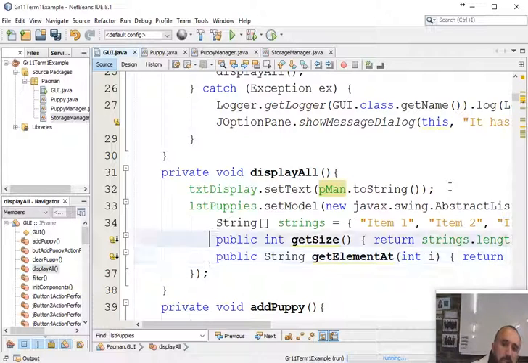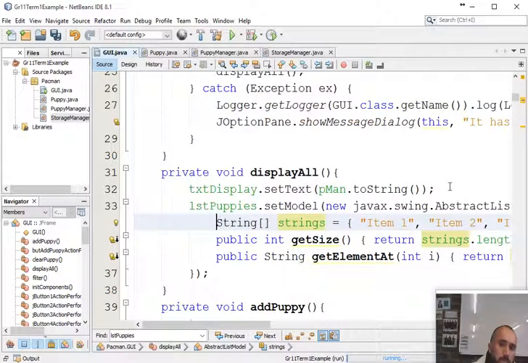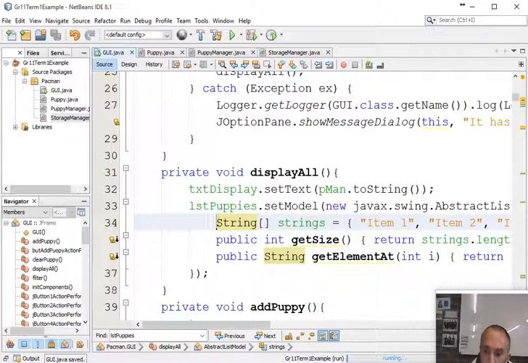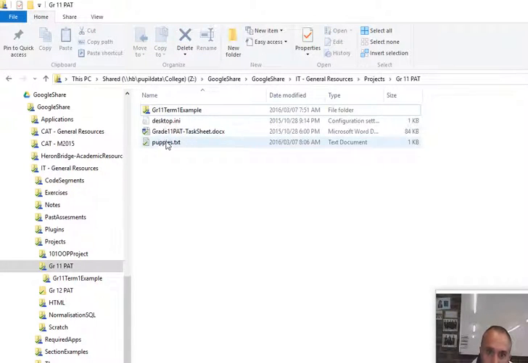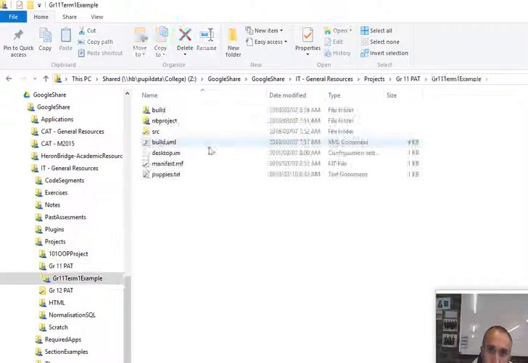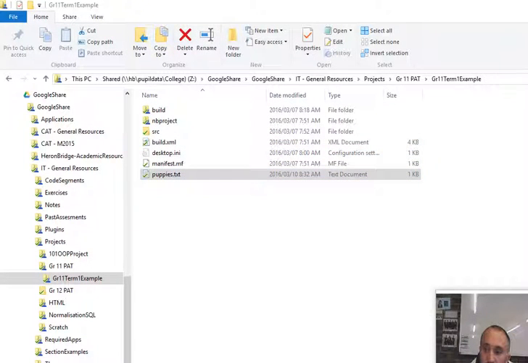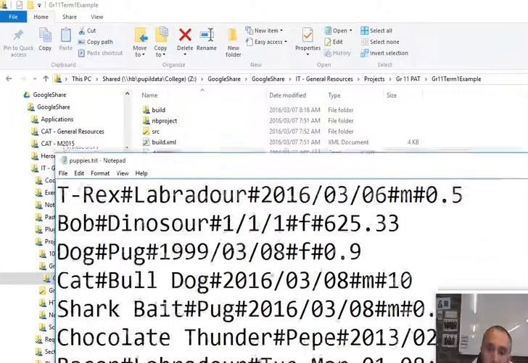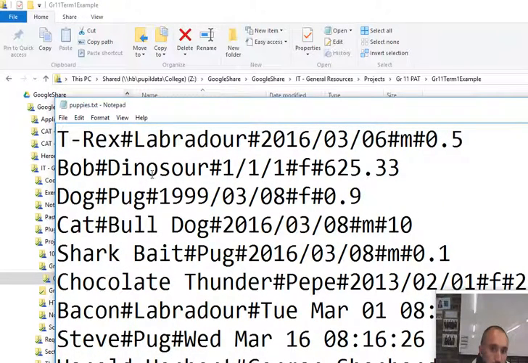So if we take a look at this list box, it requires an array of strings. Now if we're wanting a list of puppies, we're wanting a list of their names, because you always look at what is the unique identifier for the puppy. So if we take a look at our storage of puppies, you'll see there what is the unique identifier of each of these puppies. In this case, each puppy has a